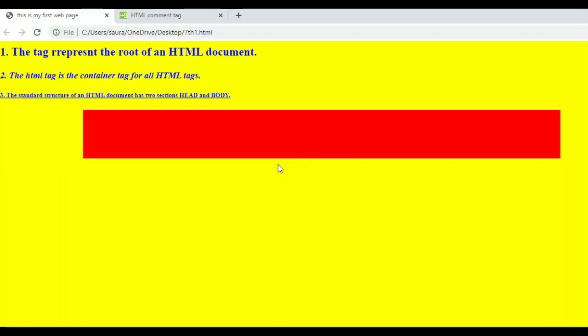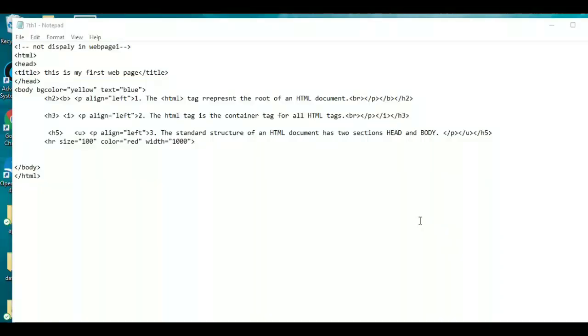After this, let's understand about font. After using the HR tag, let's use the font tag. So in this paragraph we use some font tag. The font tag is used to define the color, size and style of text in our web document. And the font tag is also a container tag, and it cannot be used without its attributes, so we must use its attributes. Its attributes are color, face and size.